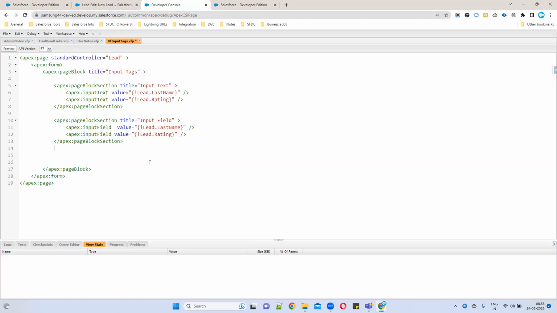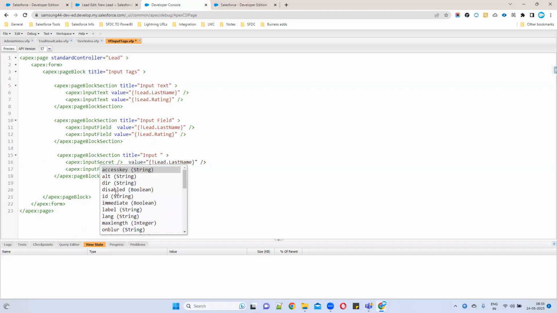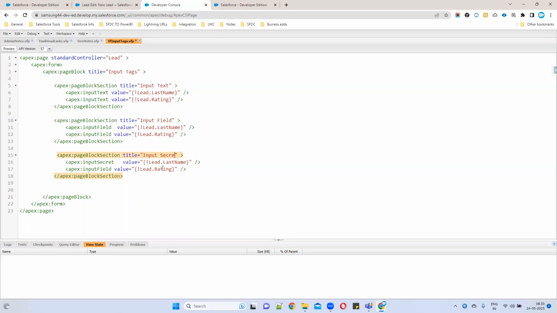So we have input text and input field. And what else do we have? Input secret. Any guess what input secret is? Private fields or something. It will show the password field, which is the hidden part. It is the same as